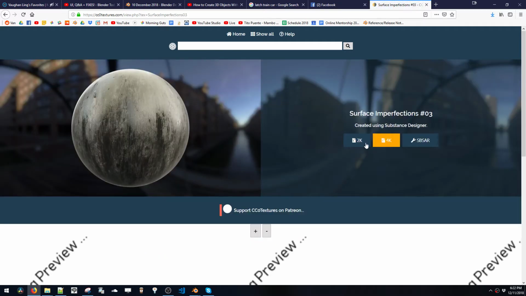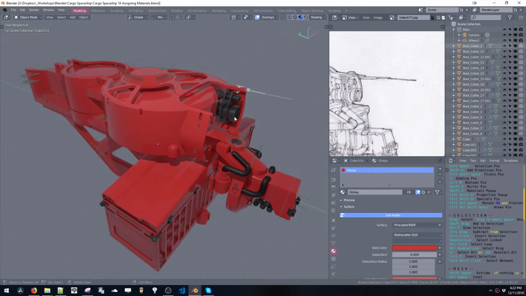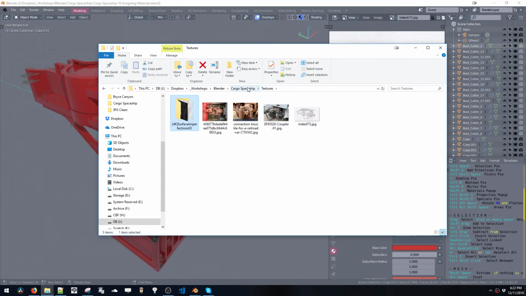Depending on how your video card memory is, you can get 2K or 4K size. I got the 4K. So now I'm back into my scene. I saved that texture to a file here. So let me show it. So here it is. I put it in our scene textures folder,